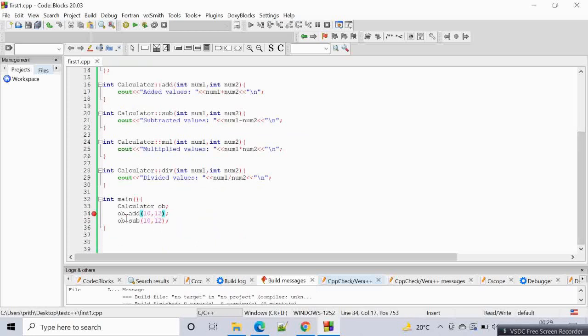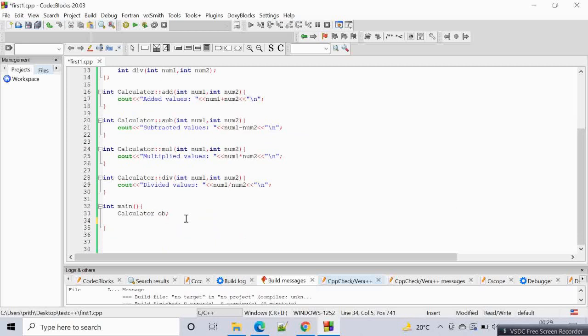Now we are done actually, but what we will do is give user input. How do we do that? So int n1, and we will give one more, n2. Coming here we will give cin, which is input, n1, and before that we will write cout, enter first number, for example.